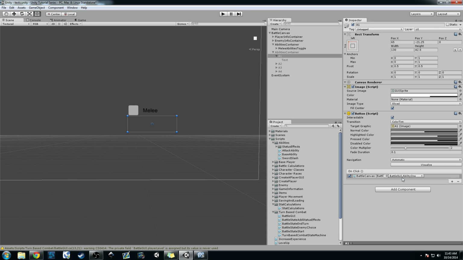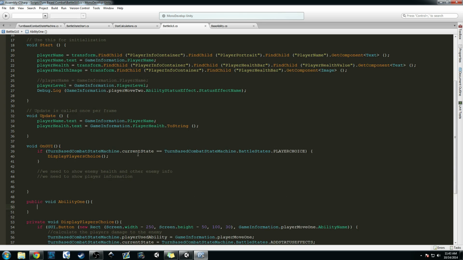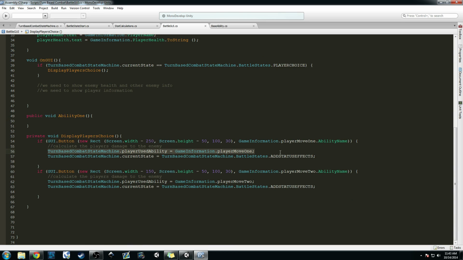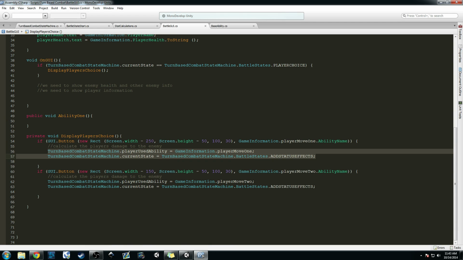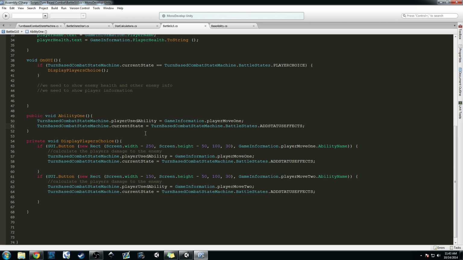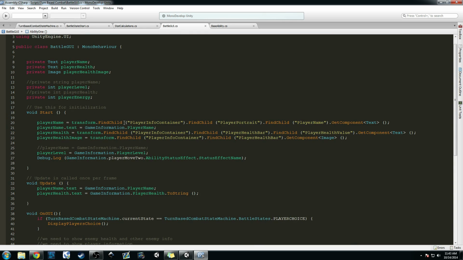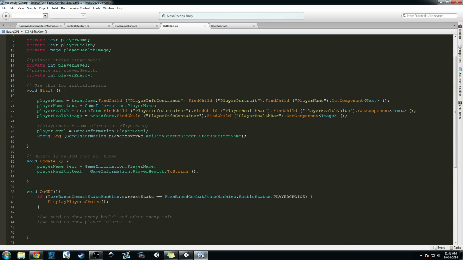So what we're going to do, again, now that we have this ability 1, is copy some of this stuff and put it in there. We know ability 1 for now will just be our normal move. So I'm going to copy this turn-based combat state machine stuff and paste it in there like that. And what we need to do is get this player move 1 ability name and change that to that text value. Let's